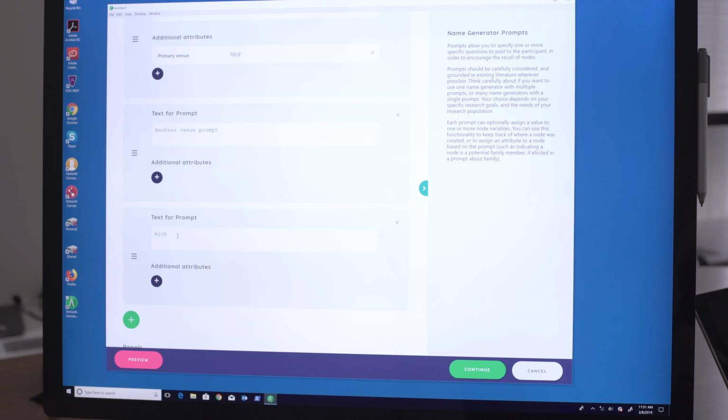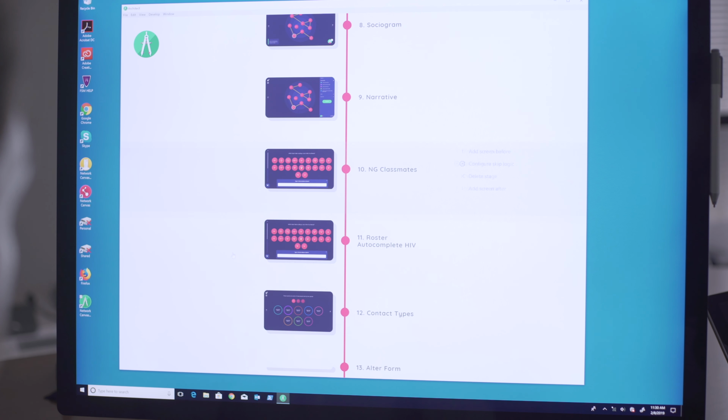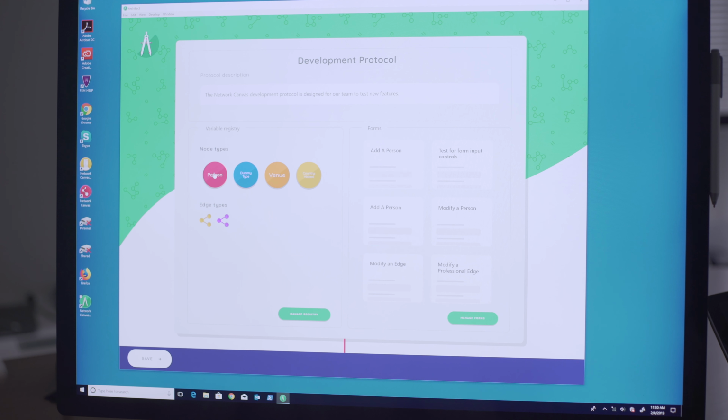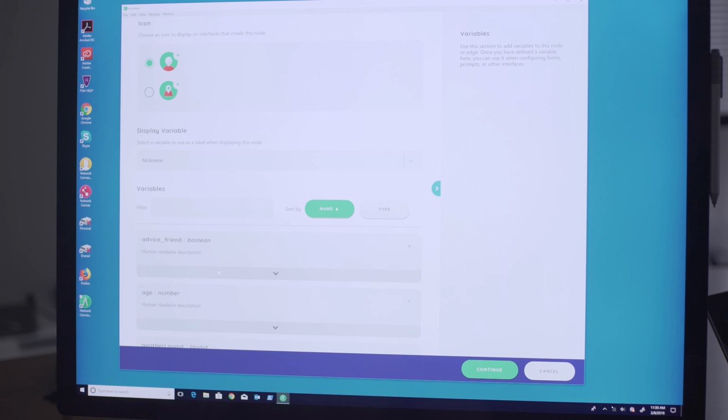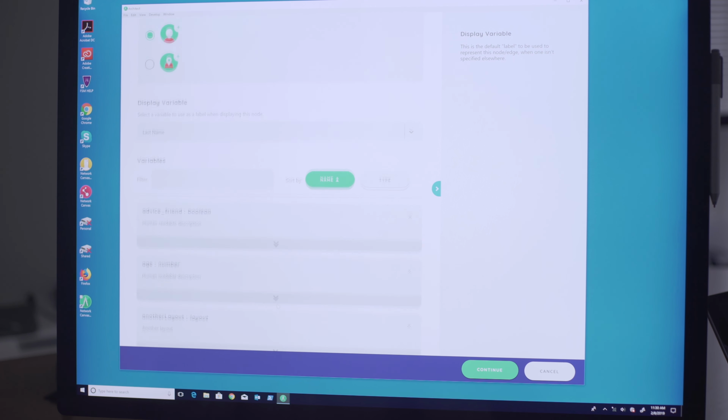Architect is where you'll design and implement your study. Here, you can easily model the nodes and edges you want to capture and create as many variables as you'll need to store their attributes. You can also define the stages of the interview by choosing one of many tailor-made interfaces we've created and customizing its functionality to suit your needs. You can add prompts using rich text, set up special behaviors like bringing in data from an external file, and preview the experience that your participants have right from within the app.